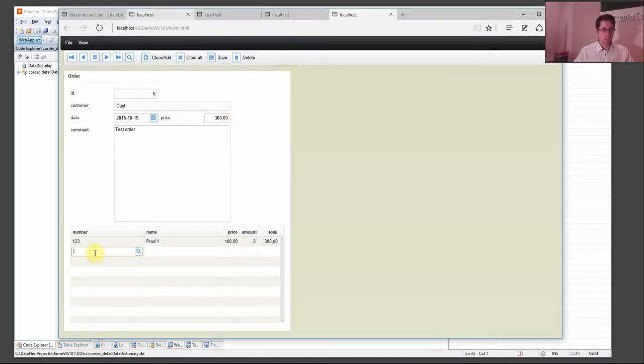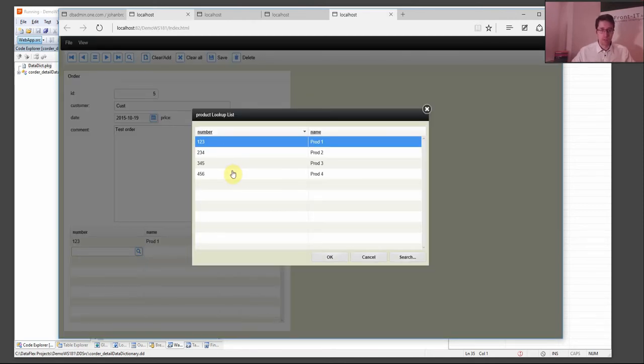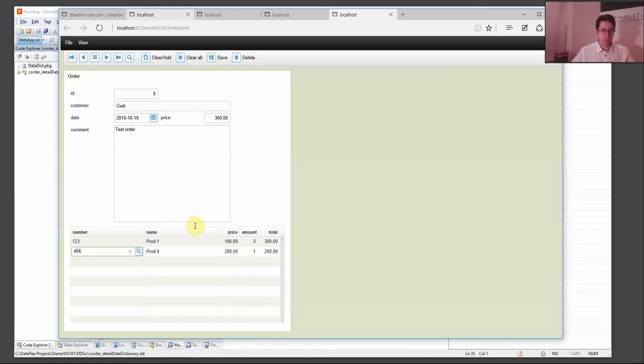So now we can add a new order or a new line, and let's say we take this one, and we want 2 of those. Now we should have 300 in our total and 400 after